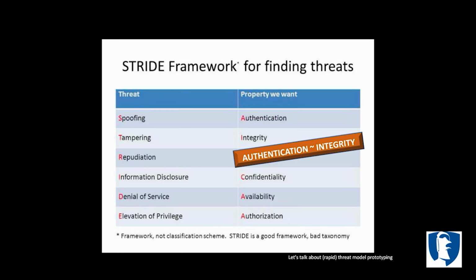All right, I'm going to replace repudiation with authentication and integrity. Because I'm going to say that with lack of authentication and lack of integrity, I can then repudiate that I was there. It means if I can spoof and if I can tamper with the data, I can get rid of the way that I'm repudiating. So that's the main replacement right there with Stride. It makes it easier for me then to explain to people.